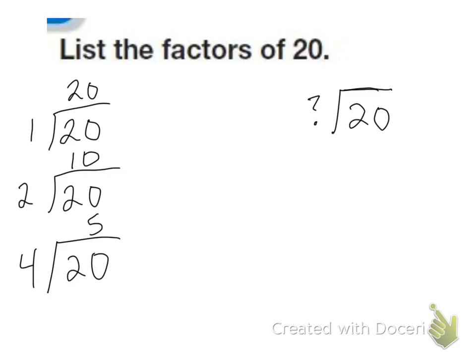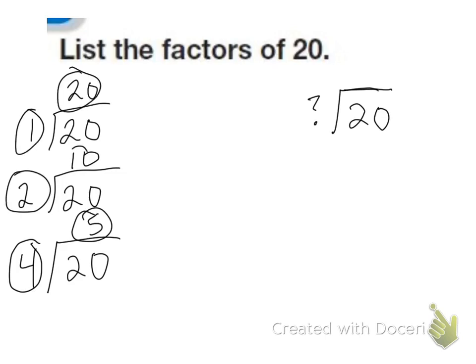Now I could keep going, but you see here that we have the factors 4 and 5, and those are right next to each other on the number line. So I know there's no other factor that can go into 20, because I've already got 1 and 20, 2 and 10. We already know that 3 can't. 4 and 5 can. We can try 6, but if you look, 6 goes into 20 only 3 times,